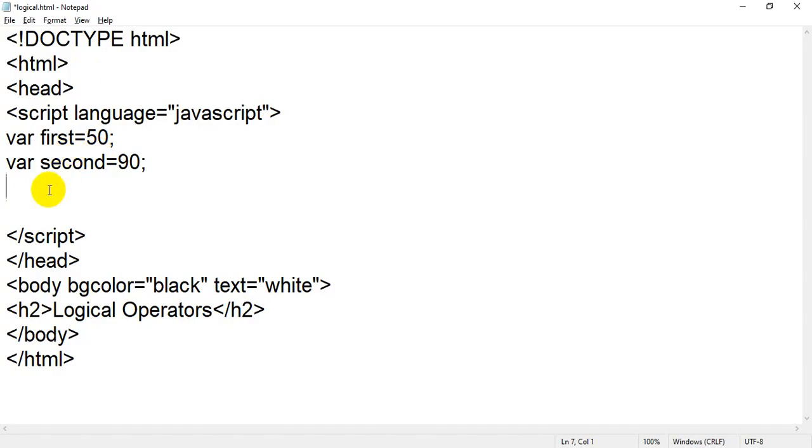Okay, so I want to print document.write. I want to print something on your web browser, so I have written document.write. What I want to print, I want to check. As I told you, logical operator is mostly used for validation or checking. So I want to check whether first